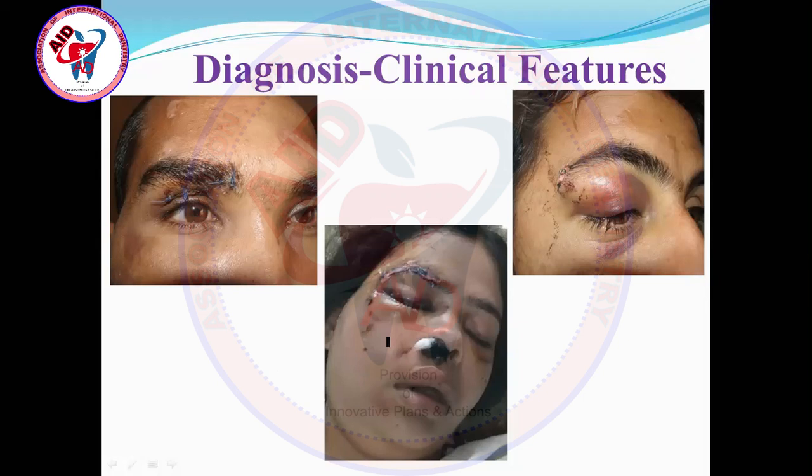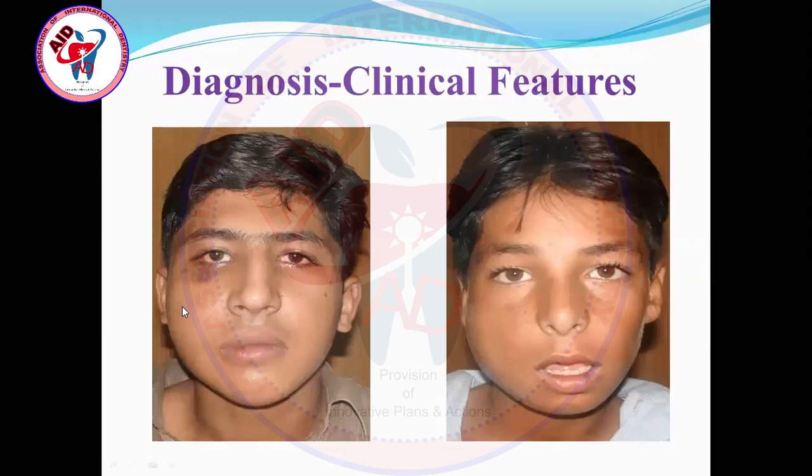That's why there could be ipsilateral epistaxis or nasal bleed in case of zygomaticomaxillary complex fracture, and bilateral bleed in case of bilateral zygomatic bone fractures. In case of Lefort 1 fracture and Lefort 2 fractures it could be there. Like in these pictures also, there's downward displacement of the